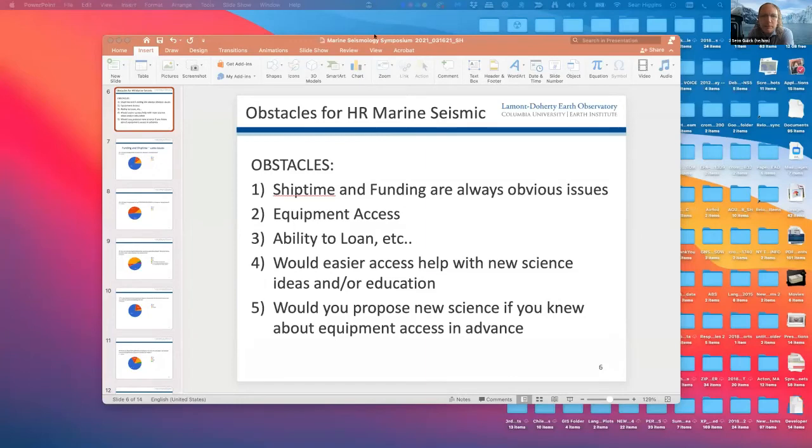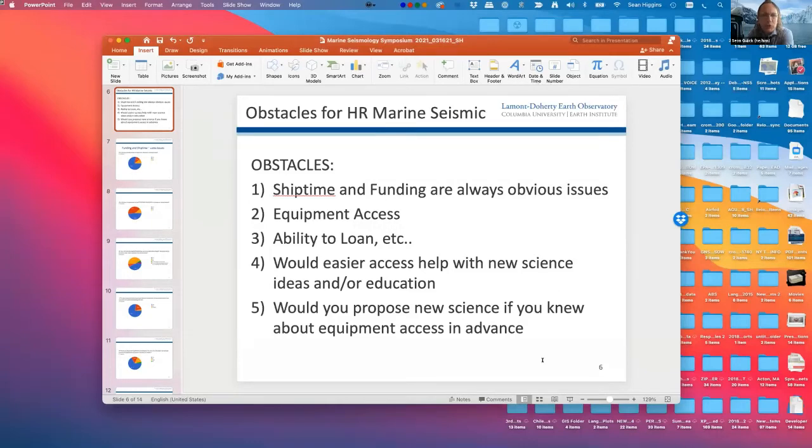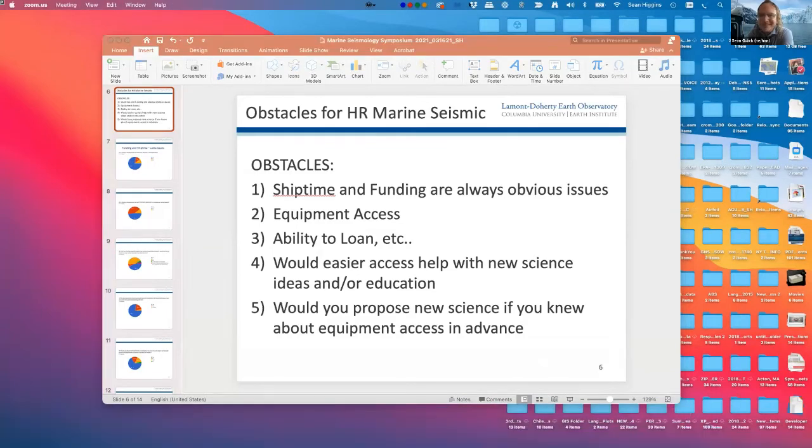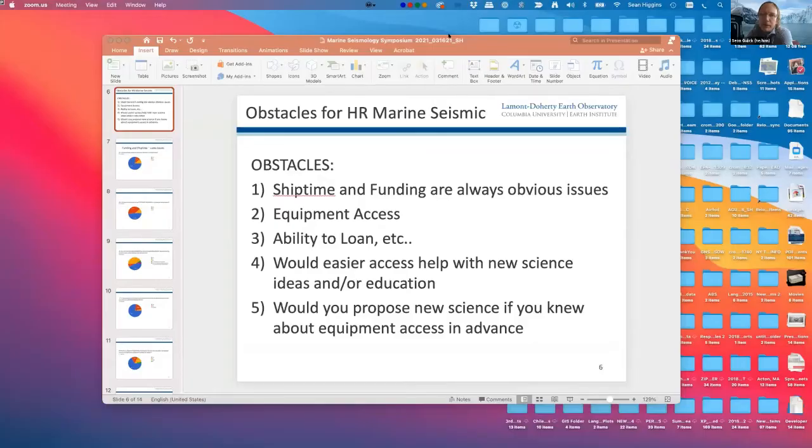Yeah, and I think there's also a communication challenge, right? Just making sure that people know what's out there and know how to access it. And then there's the ease of proposing challenge that has already been raised. There is a checkbox for the script system when you submit to NSF, but if you want something that's not in it, it's not clear how you do it. And for many other agencies, there isn't an obvious way to link systems that are out there to the funding.